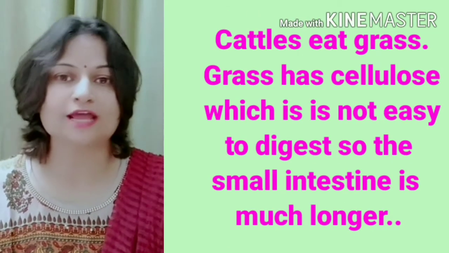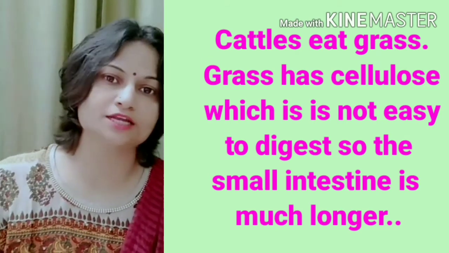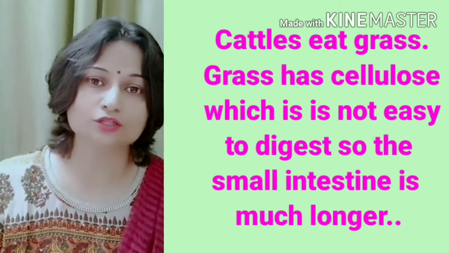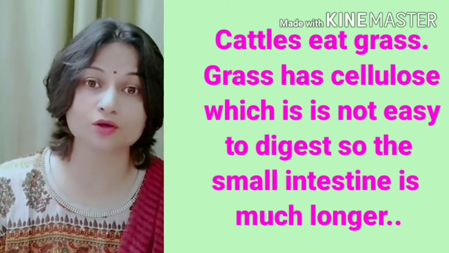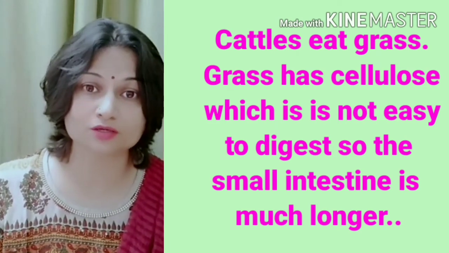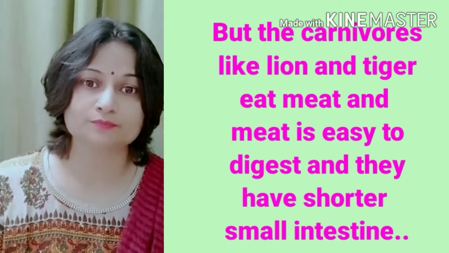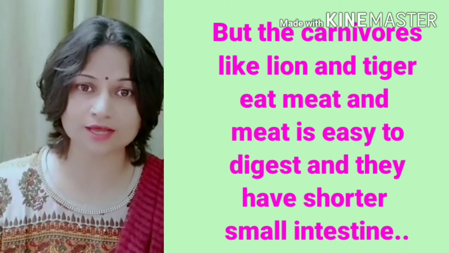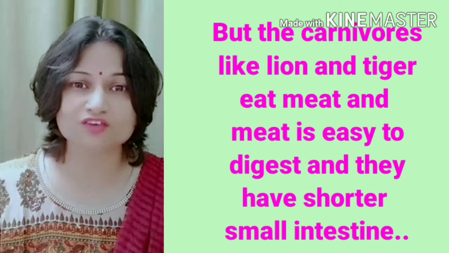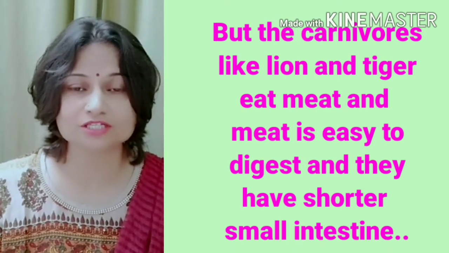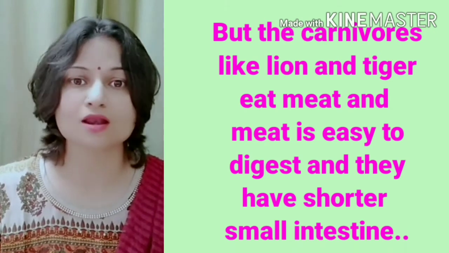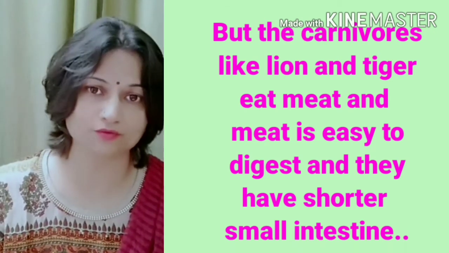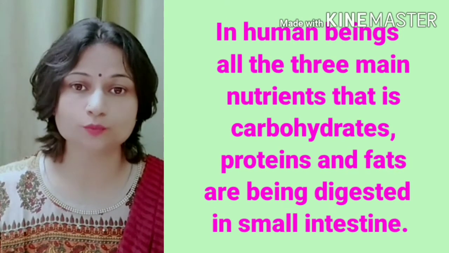Suppose we are talking about cattle which feed on grass, they take cellulose. So there, the small intestine is very long, because cellulose is difficult to digest. But carnivores like lion and tiger eat flesh, they eat meat, which is easy to digest. So the small intestine is less lengthy than in the herbivores. In human beings,